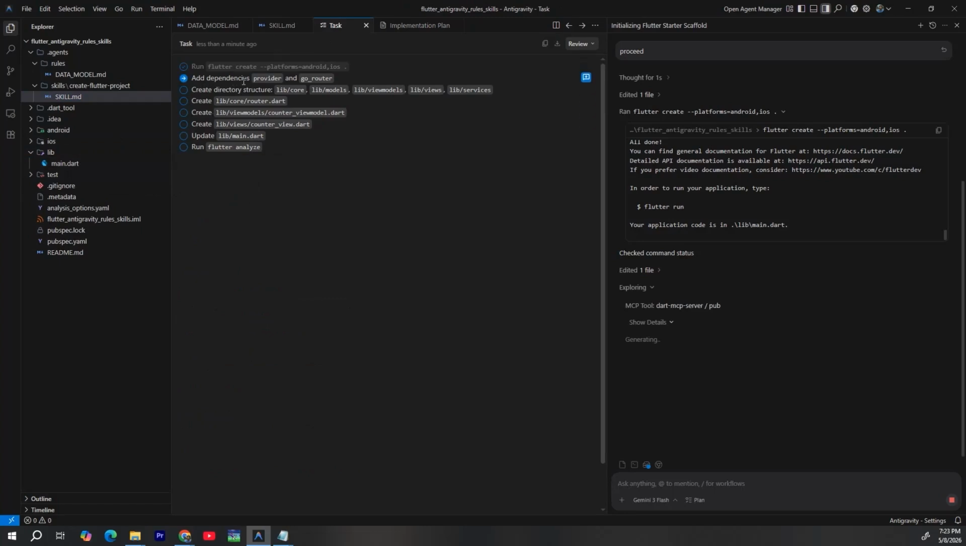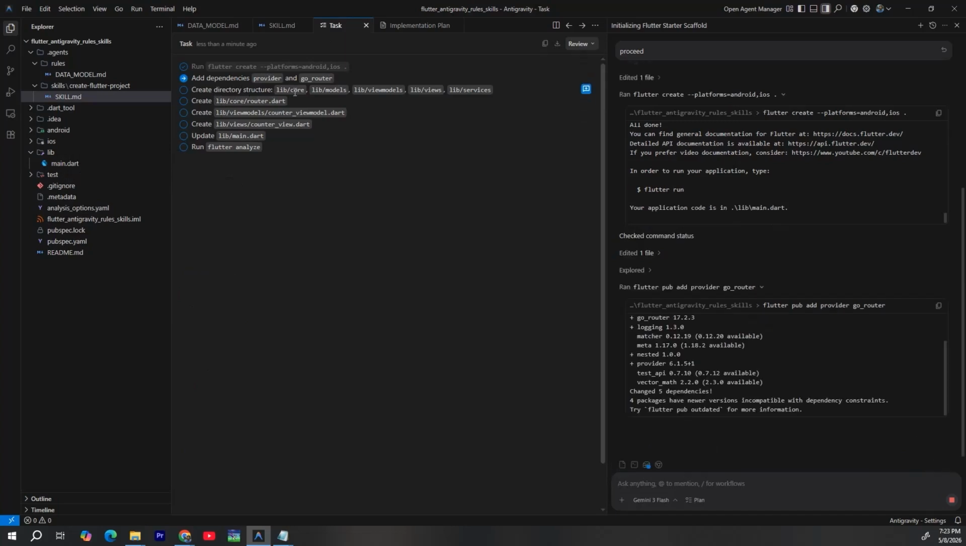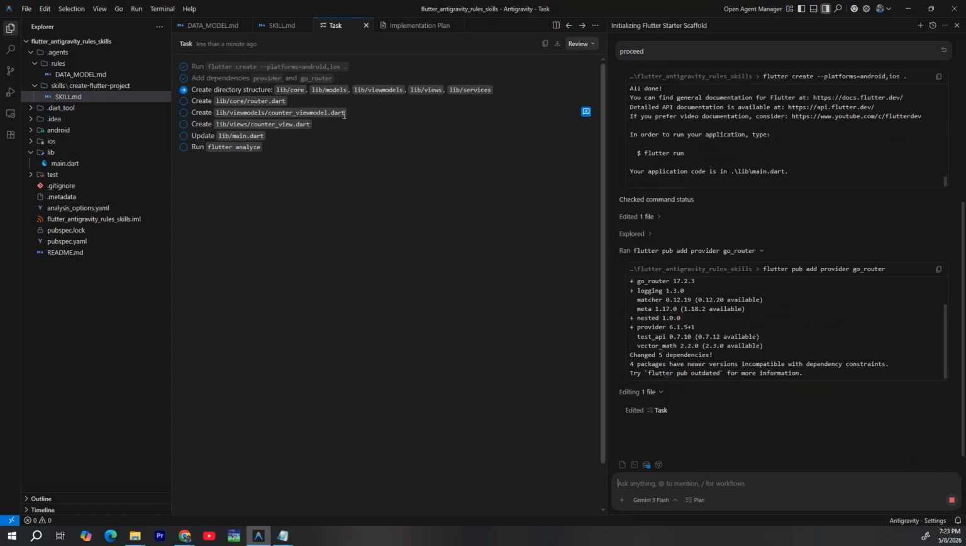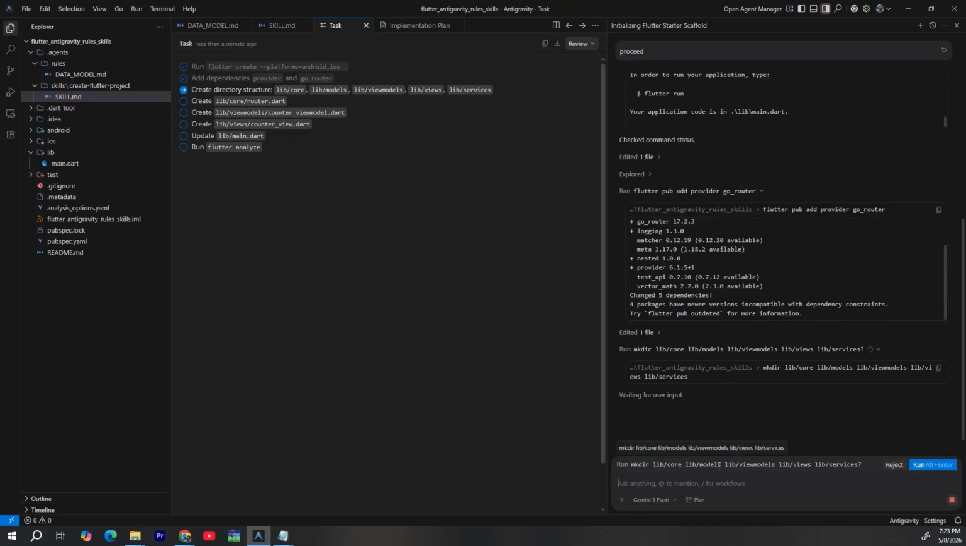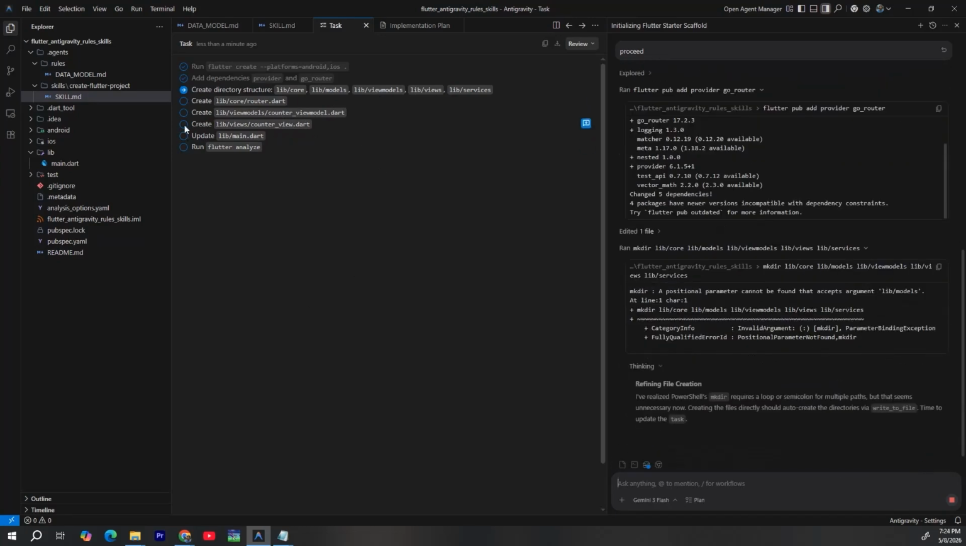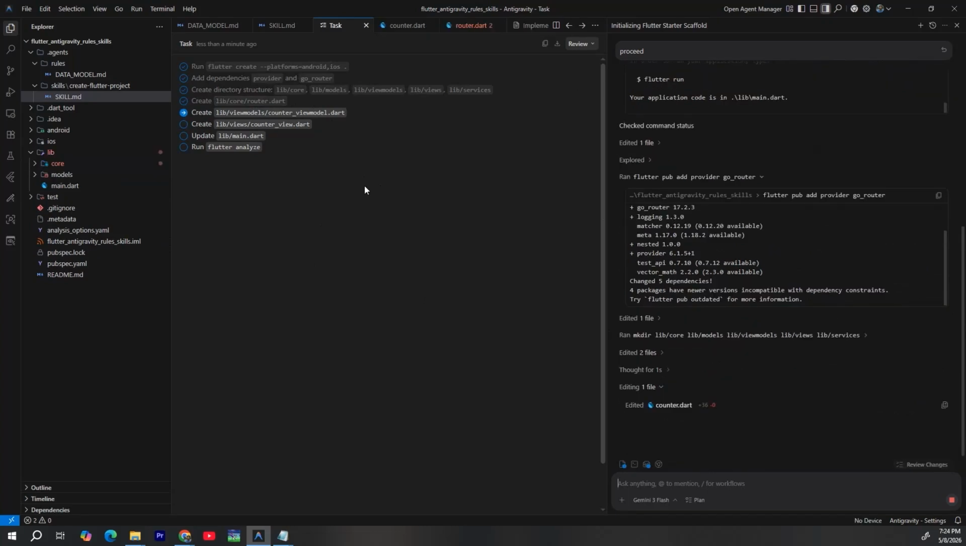So it will try to add the dependencies first, provider and GoRouter, and it will run this command to add provider and GoRouter. We should allow this. And then it will create the directory structure like this. Then this router, this counter view model, this and that. Okay, so run again. Currently it is creating the directory structure, and as you can see,